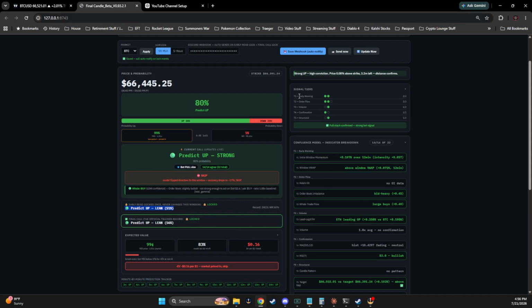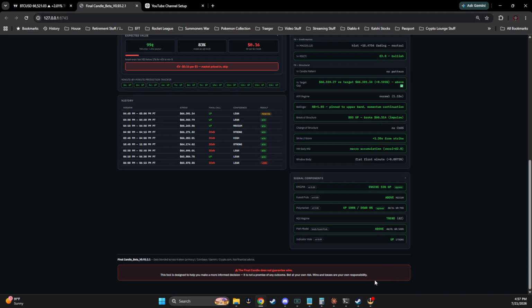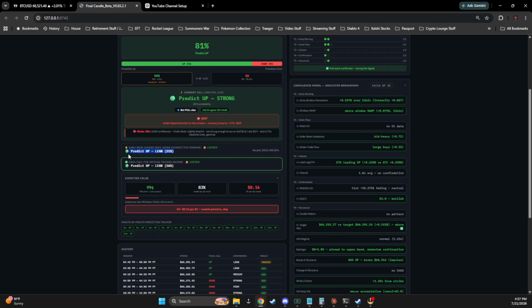Look at the signals, right? Is early, are these order flows, volumes, is all this matching what the current signal is telling me? If you have a bunch of red here and everything's red and the engine's red with like 53%, let's just say this said engine 53% down, there's a good chance that this up went away or is going to go away by the time this official track record comes in. And that's kind of your early momentum swing, right? With all the market noise that's happening, that's your changeover.